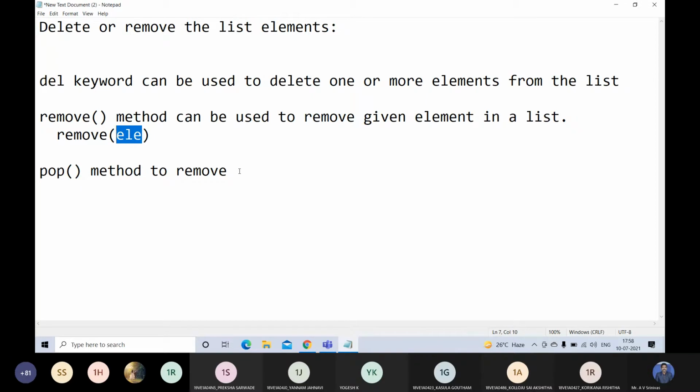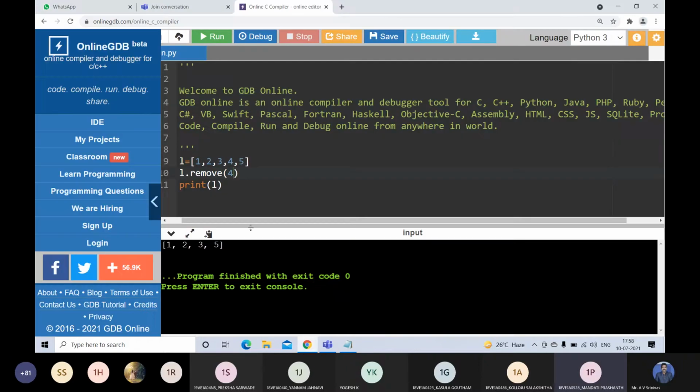Any other doubts? If there are any duplicate elements, will the first one be deleted or will all of them be deleted? Okay, that means if you have duplicate values, am I right? Yes, sir. So if you have duplicate values like this, then the first occurrence will be deleted.